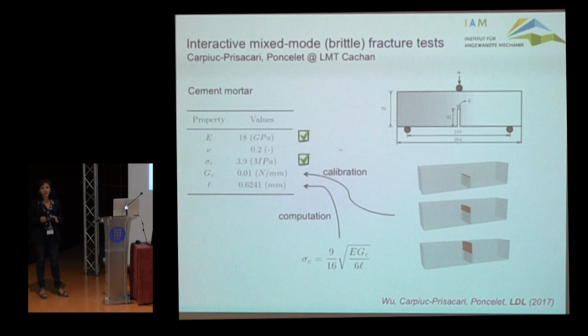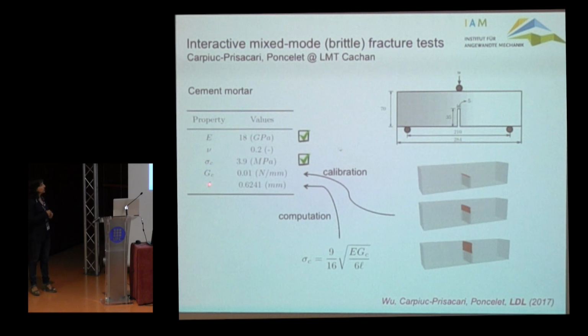Now, it's important to say that we didn't fit any parameters in the comparisons. What we did was, first of all, we needed, of course, some material properties for our model, not many, but we needed the elastic modulus, and this was characterized with independent tests. We set the Poisson's ratio to 0.2, and the tensile strength was also characterized by independent tests. And regarding the fracture energy, they were performing some 3-point bending tests, and these 3-point bending tests were then compared with results of our computations based on phase field modeling again. So through this calibration, we came up with the value of the fracture energy.